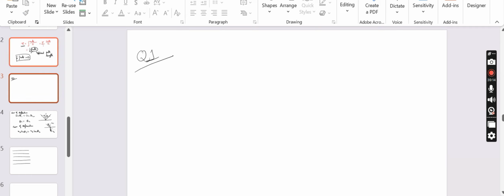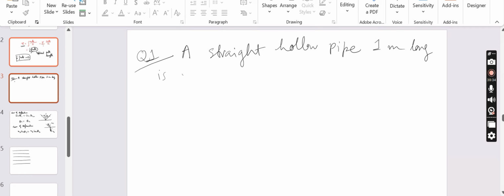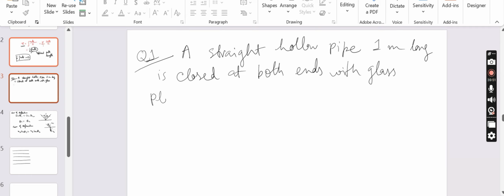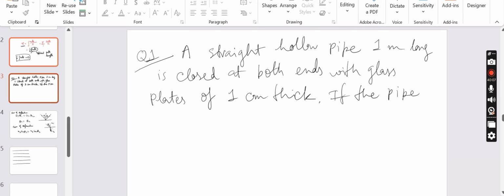Not like question 1, but still for the sake of numbering we can say that a straight hollow pipe of 1 meter long is closed at both ends with glass plates of 1 centimeter thick. If the pipe is evacuated